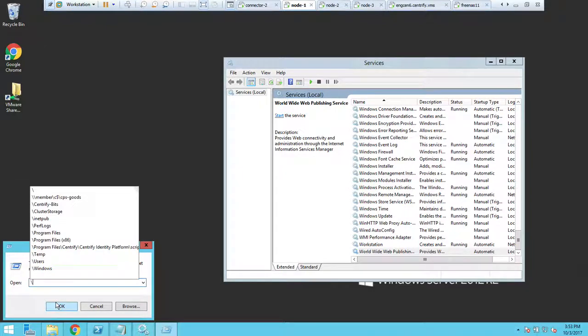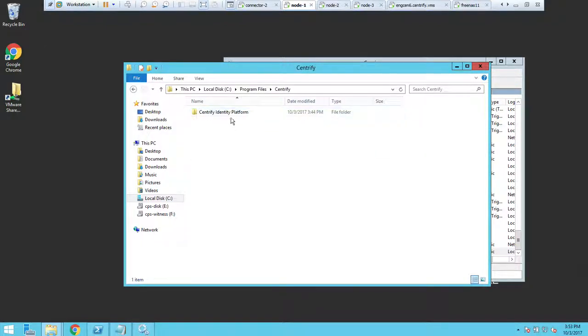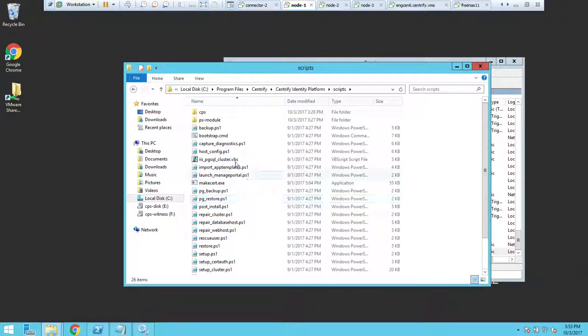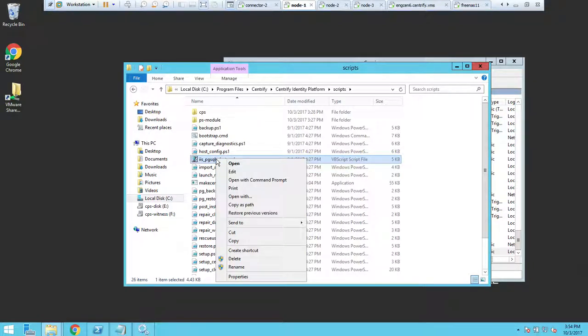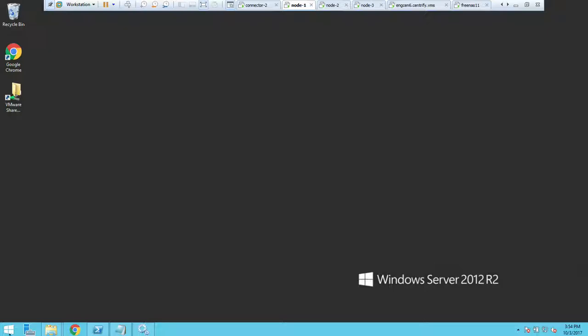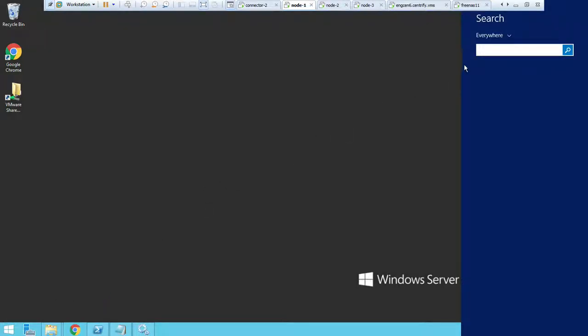It's provided by Centrify and it's sitting under Program Files, Centrify, Identity Platform, and under the scripts folder, it's this guy over here, the IIS PGSQL cluster, right? One of the things that you can do is shift right click and notice that it says copy as path. That's going to make your life really easy, so we have the path in memory. All we need to do now is do a routine operation in Windows Failover clustering, which is to onboard a